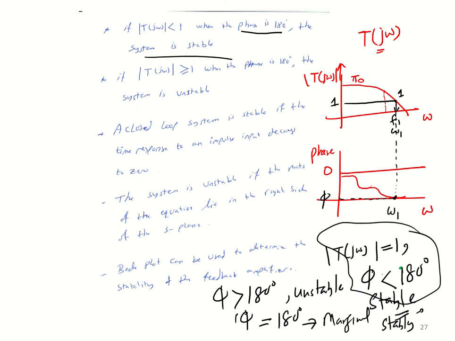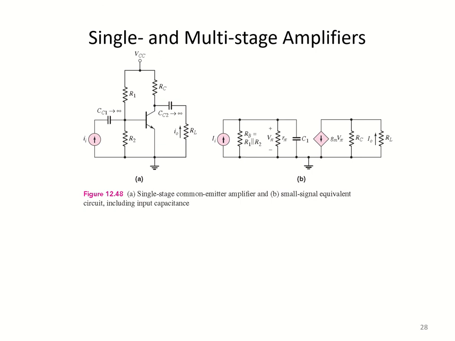Now let's have a look at how, if we have a general amplifier, we can plot this loop gain. This is a typical single stage amplifier. You are well familiar with this case, and this is the AC model for it, and we know that we can get the closed loop gain here, which we can write like this: open loop or closed loop gain, the ratio of output over input.